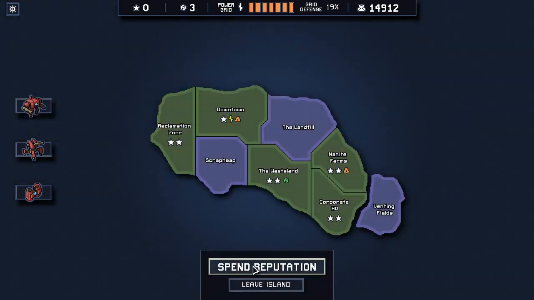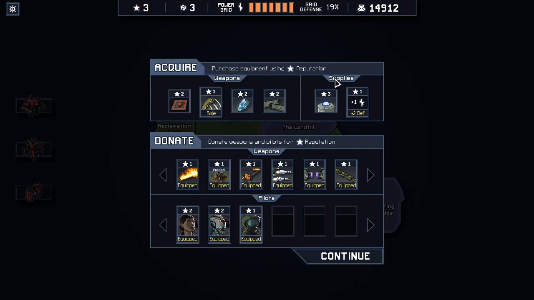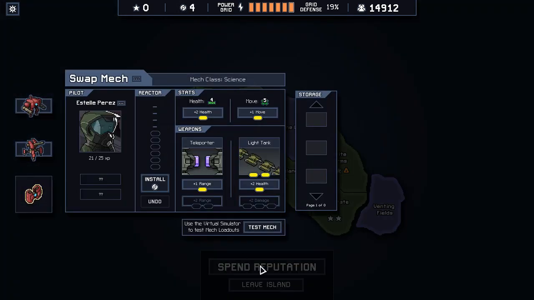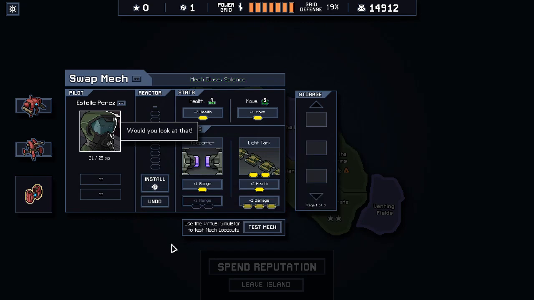So what I'm going to do is, in fact, sell Herald and this weapon, because that gives me exactly 3 stars. Otherwise, I would have taken Herald and sold the pilot, but then I would have had only 2 stars. This way I could get 1 more power core, and that was a very, very lucrative island. Okay, what I'm going to do is go whole hog here with this light tank. And that means I'm committed to doing...